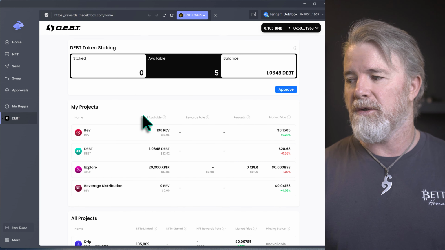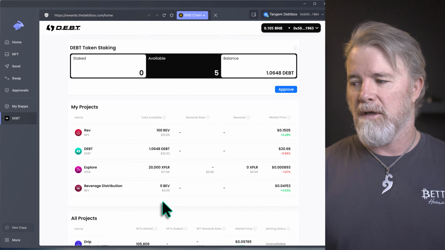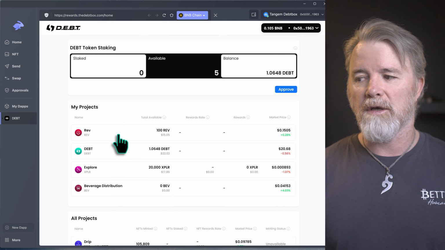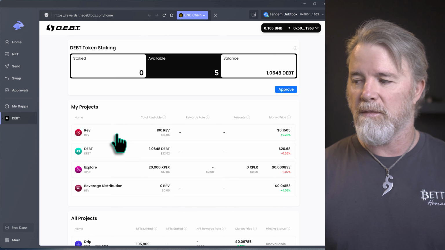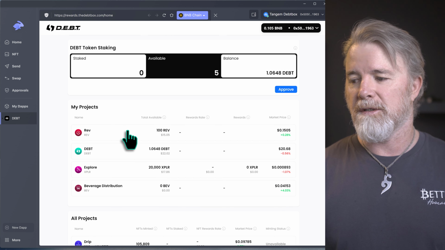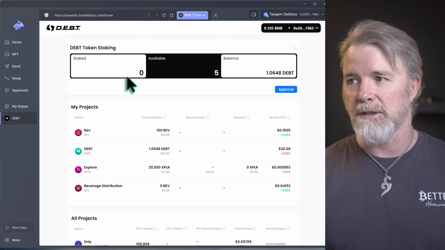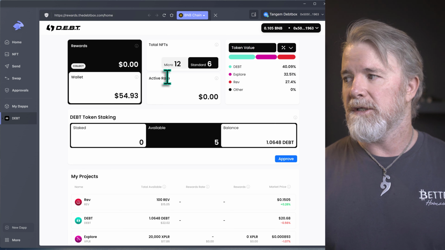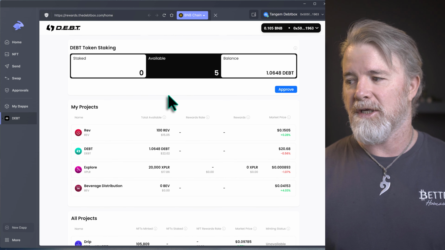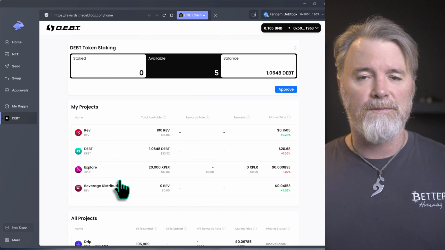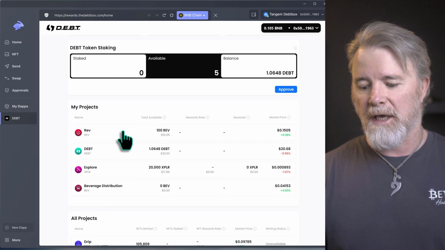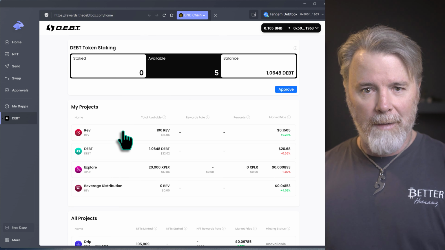Okay, so you can see right now it's not showing me my aluminum one that I staked and the micros, and that's because I've got no aluminum tokens in here. So I'm going to have to send some aluminum tokens to this wallet. You can see I've only got Det, Explore, Rev, and I need aluminum in here to actually display it as one of my staked NFTs. Okay, so I'm going to send some aluminum and then I'll come back.